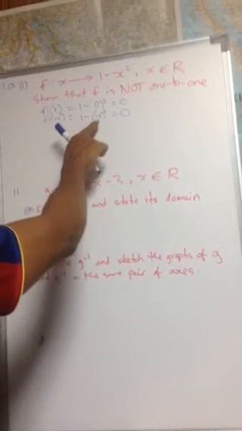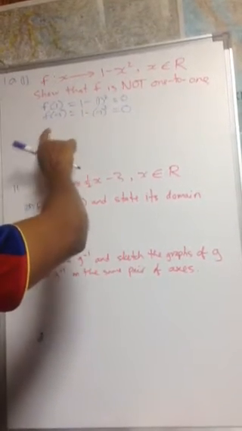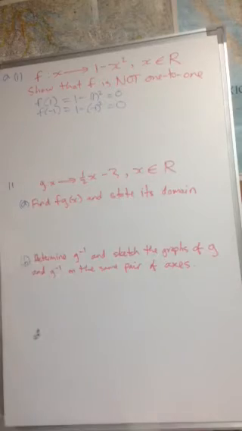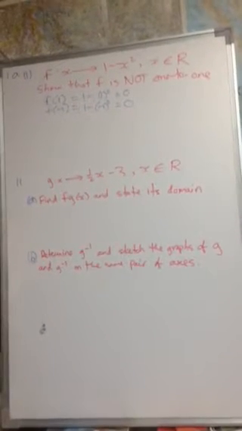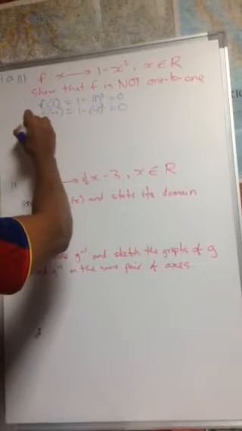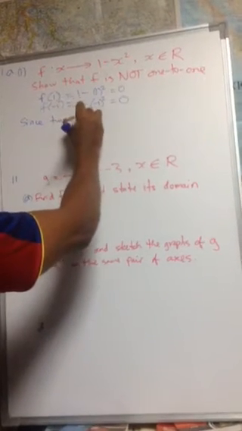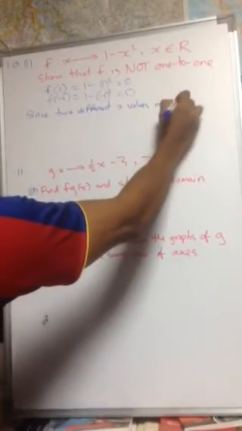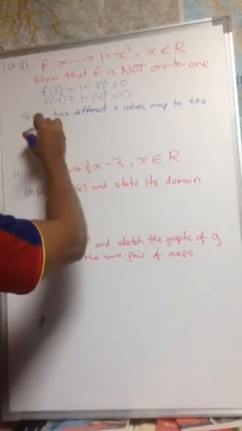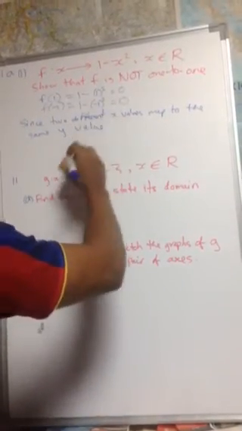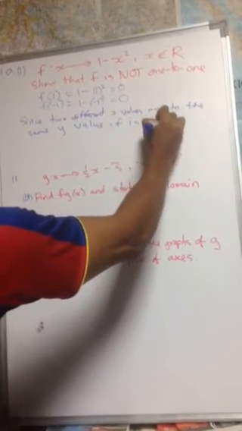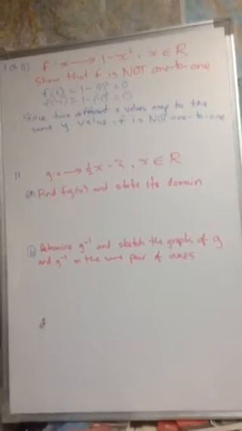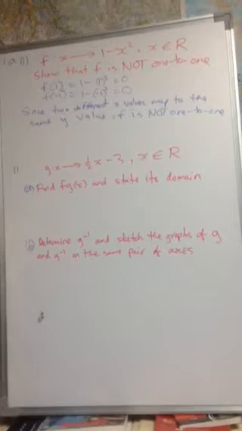Both 1 squared and minus 1 squared are equal to 1. So those two different x values map to the same y value. That cannot happen with a one-to-one function. So that was one way. Since two different x values map to the same y value, f is not one-to-one. Now, another way we could have done it is by graphing 1 minus x squared and carrying out the